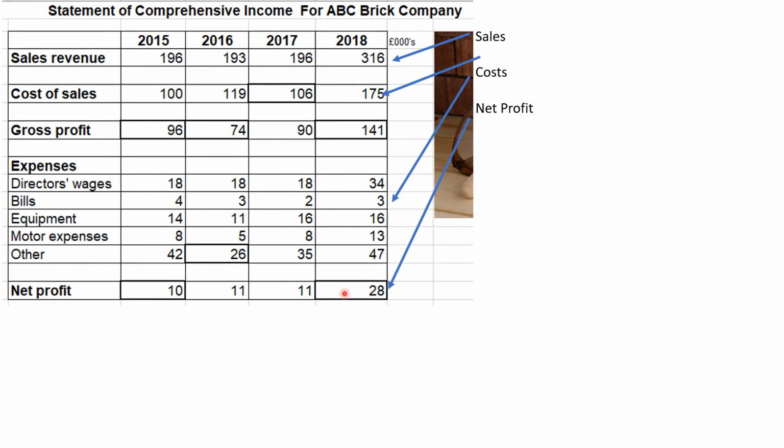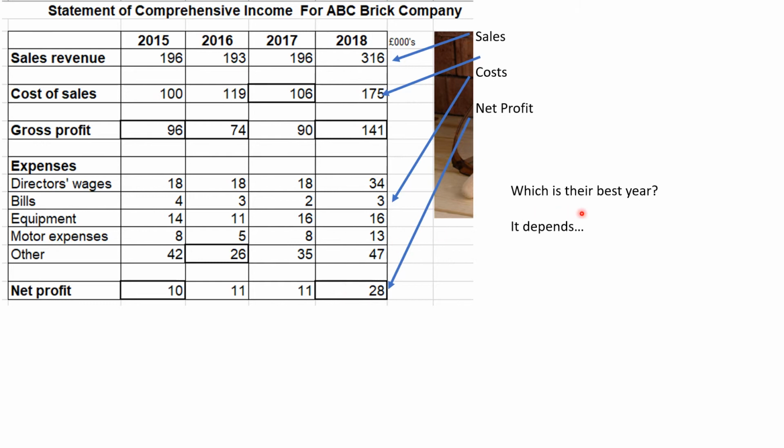It more than doubles. So this is a really good thing for this business. Look, the sales have not doubled, but they have increased, but the profit has more than doubled. The business is doing much better in 2018. And this brings us